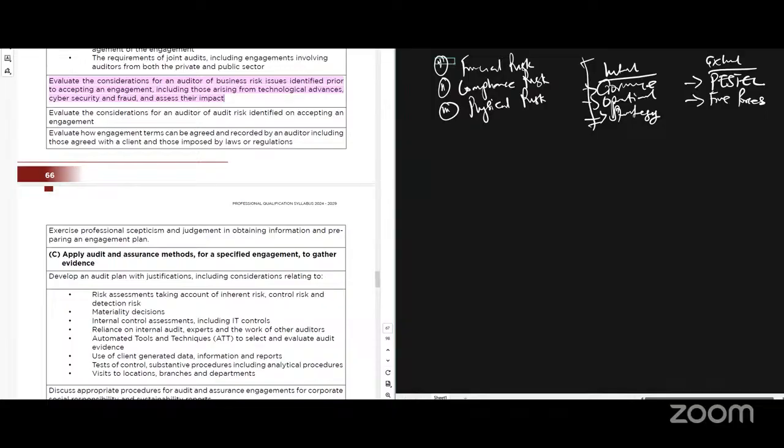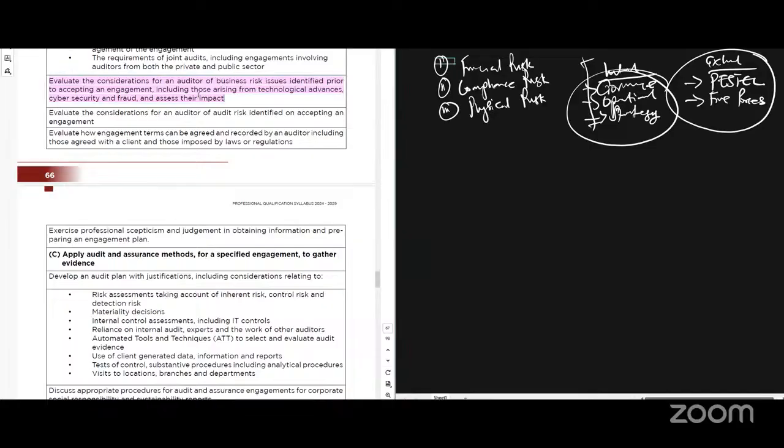So when it comes to advanced audit and assurance, identifying business risk, you can use PESTLE and the five forces. But when you come within the organization itself, there are some things you can talk about, like if we don't have proper systems, we have weak control. All those things can lead to business risks, but they are also tied to what? Accounting or financial statement risks as well. So remember that one.